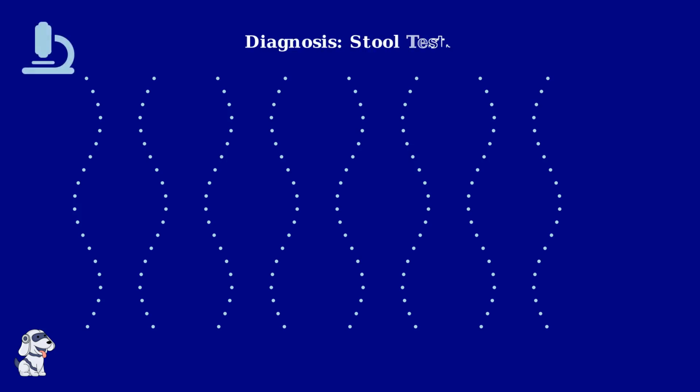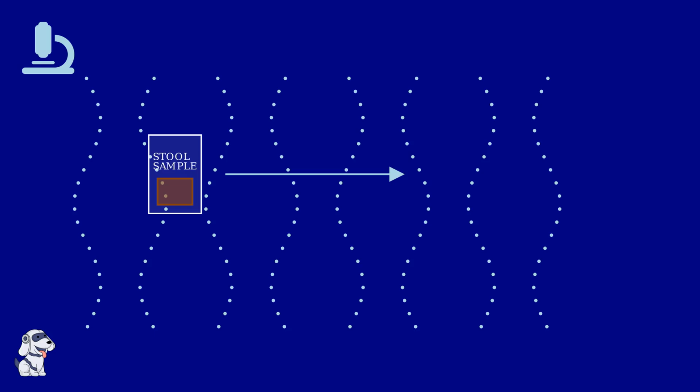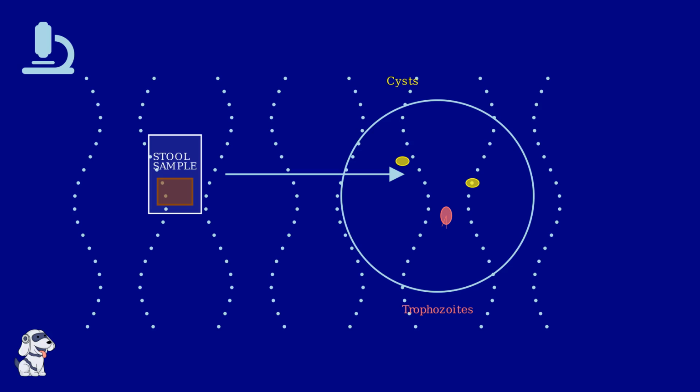When doctors suspect you might have giardiasis, they need to confirm the diagnosis through laboratory testing. The primary method used is stool testing. Stool tests are the gold standard for diagnosing giardiasis. These tests specifically look for 2 forms of the Giardia parasite in your stool sample. The laboratory technicians examine your stool sample under a microscope, searching for 2 specific forms of the Giardia parasite: cysts